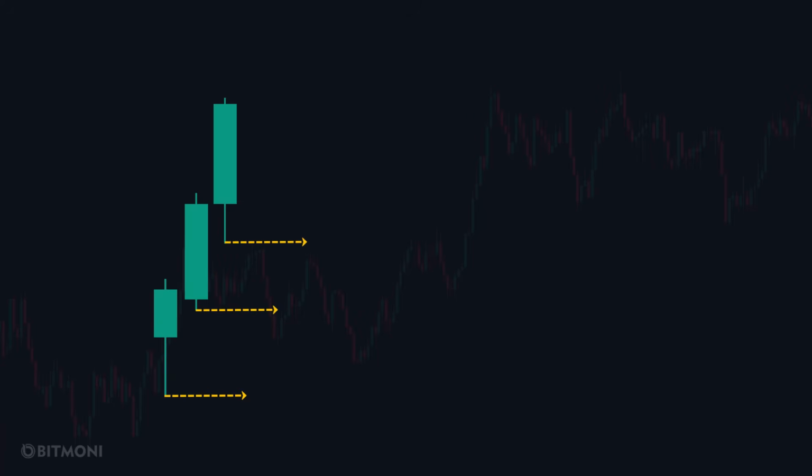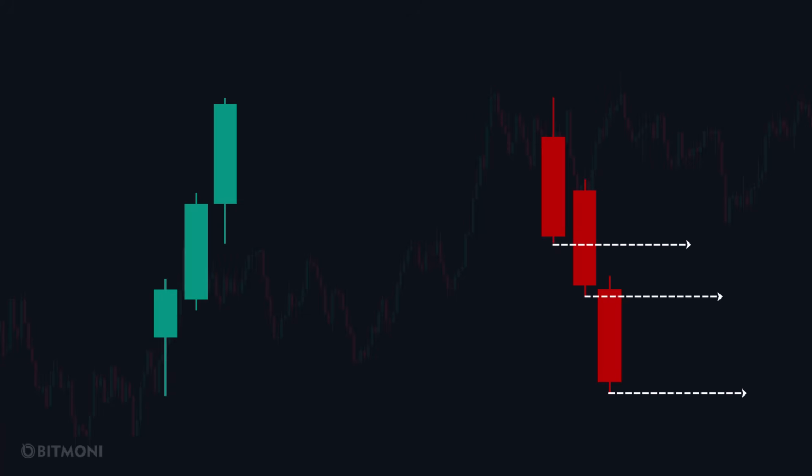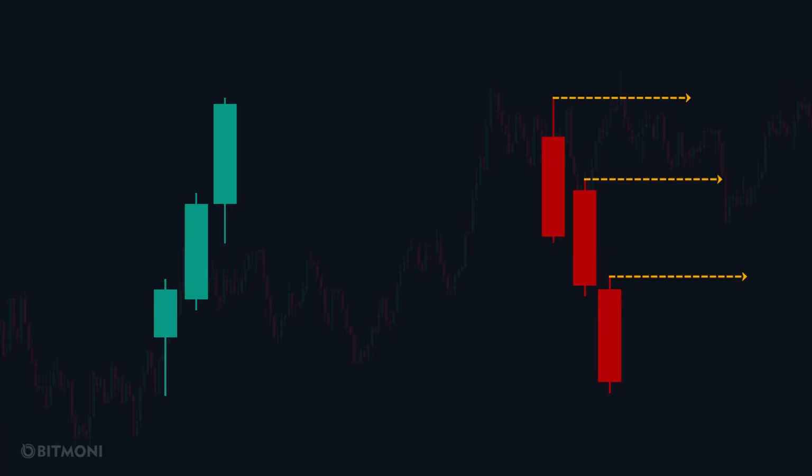The same principles apply when analyzing a bearish trend. In a candlestick-based downtrend, the pattern consists of consecutive bearish candles, where each new candle closes below the previous one. This reflects strong downward pressure. For a bearish impulse to be valid, the high of each candle must remain at or below the high of the previous one. Now, to recognize a valid pullback during a bullish trend, one key sign is when a candle